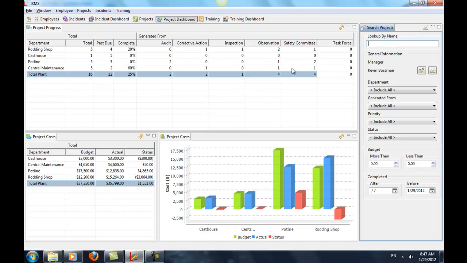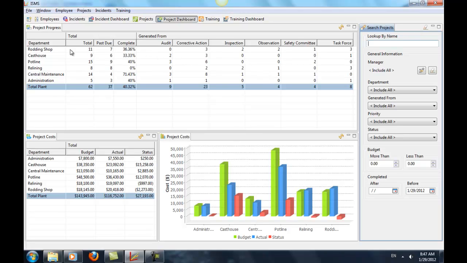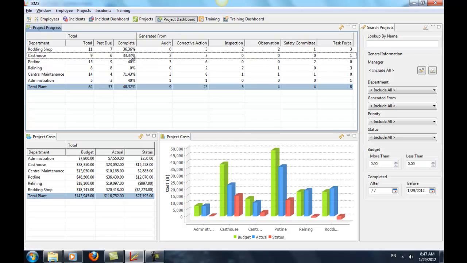The project dashboard provides a quick glance of the current project status. The table at the top of the page shows total projects by department and total plant. They're also identified by their source or generated from. We use a % complete to demonstrate project status. The bottom left shows current budget numbers by department or total plant,